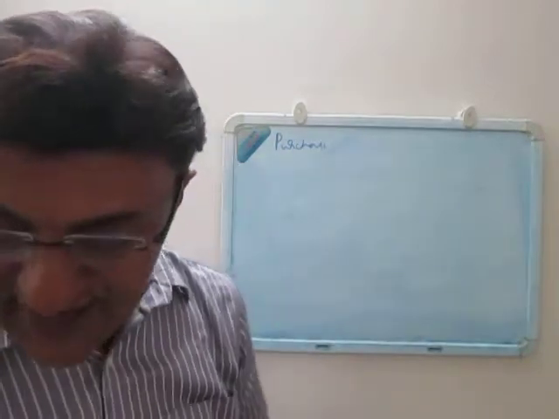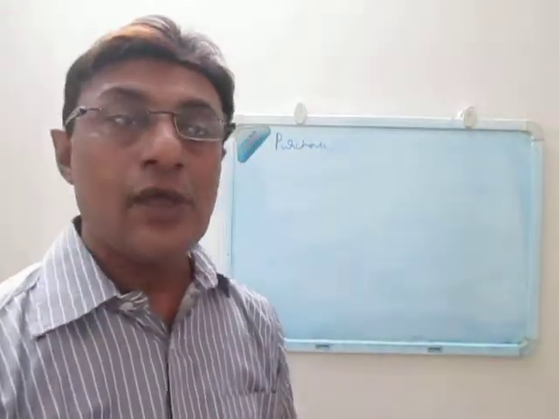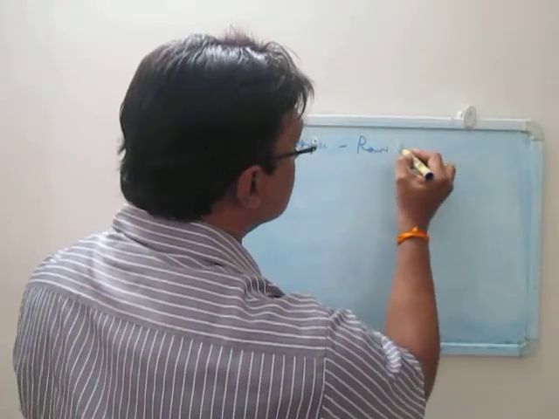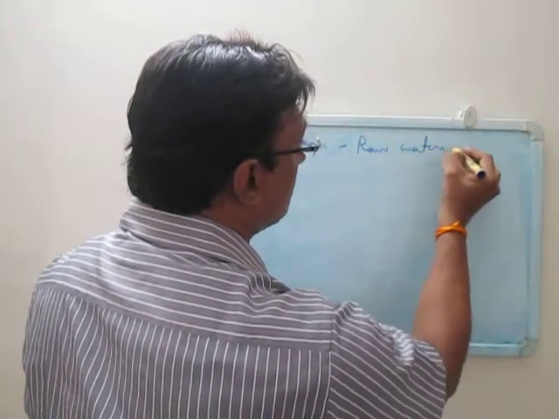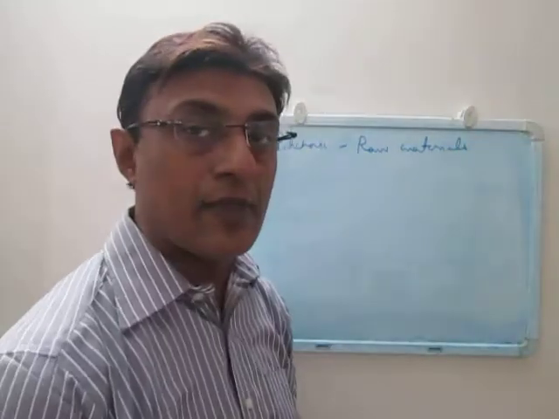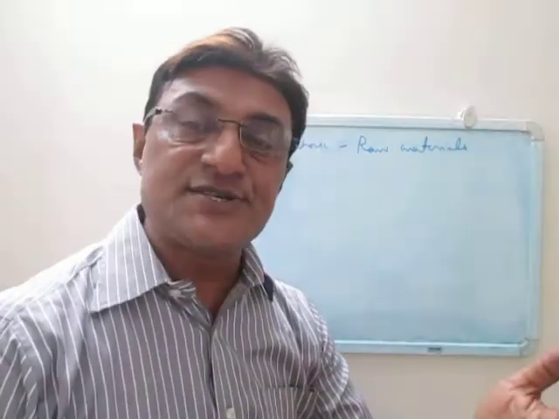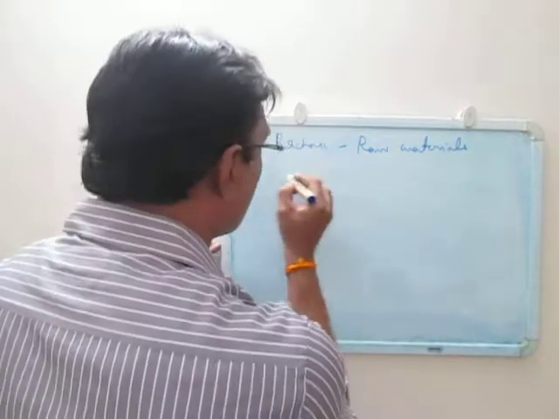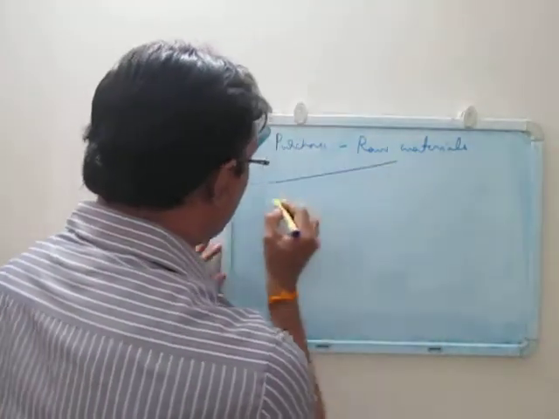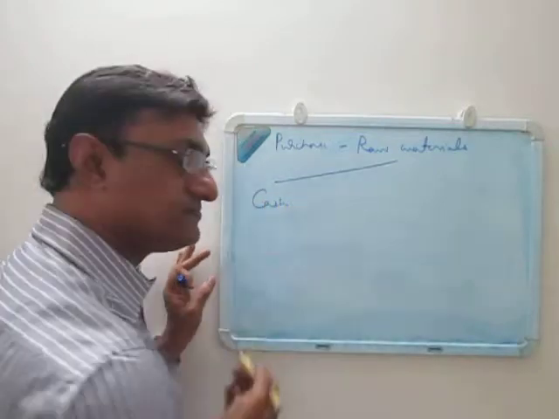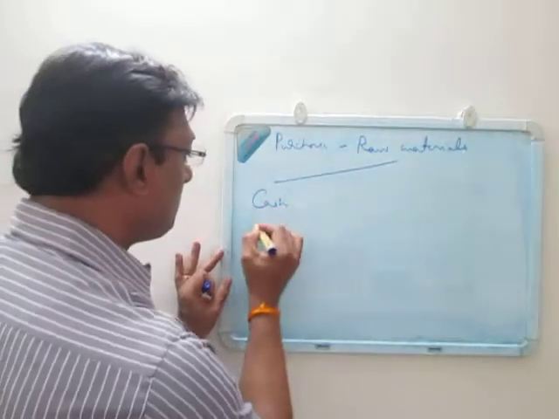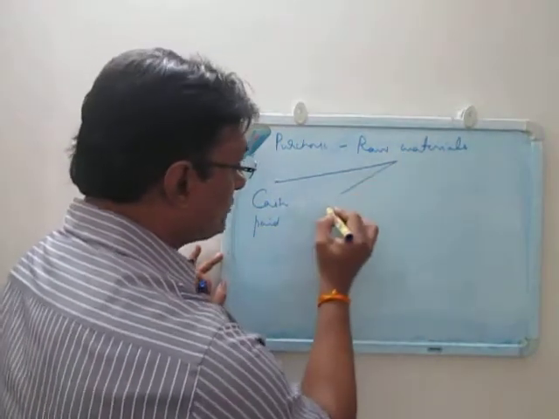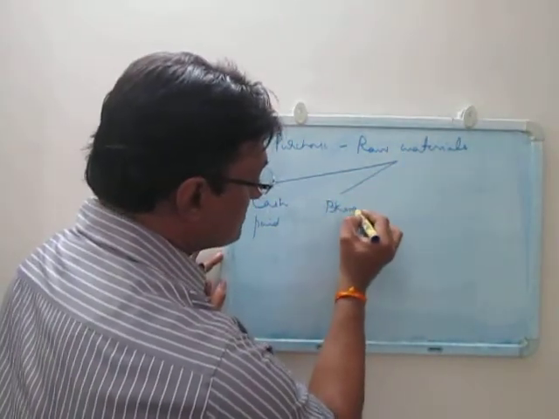So a purchase transaction where you are purchasing raw materials which is used as input. There are three ways of arranging a purchase. I can pay for this in cash, cash payable. I can pay for this through a banking instrument